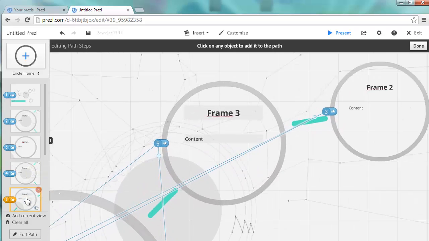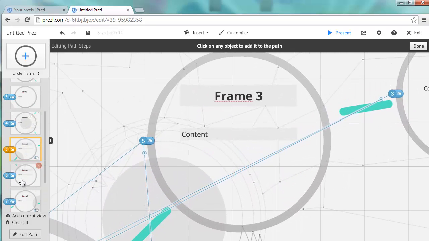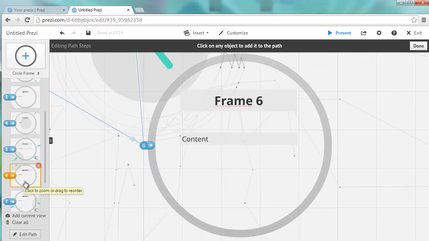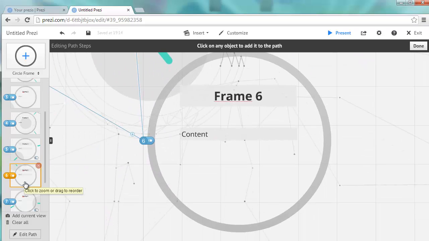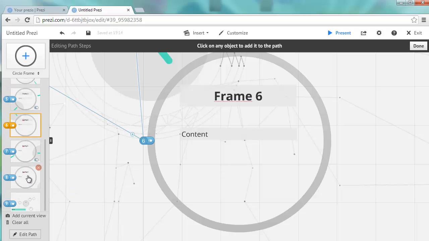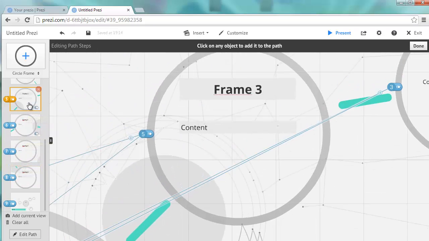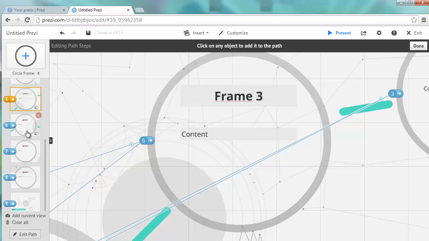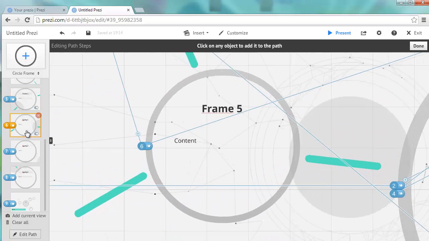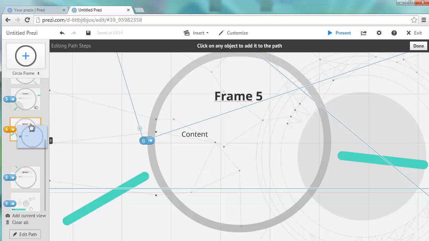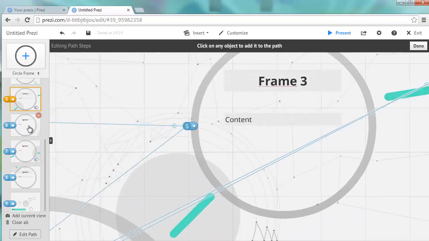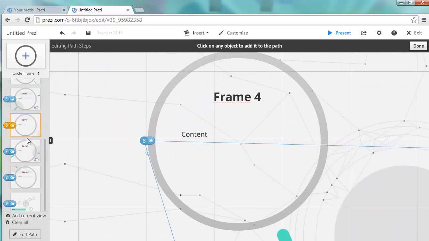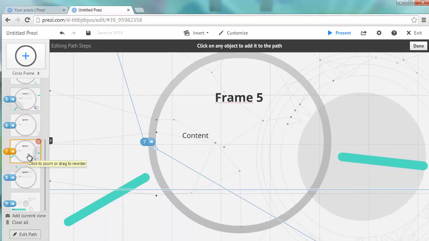So I think I'm on frame 5. Let's go down here to frame 6. Now it's jumping from frame 3 to frame 6. I don't want that. So what I'm going to do here is, like I said, change these around a little bit. So I have frame 3. Now the order is sending it from frame 3 to frame 5. I don't want that, so I can move frames around so that I get it in the order. So there's frame 4, frame 5,